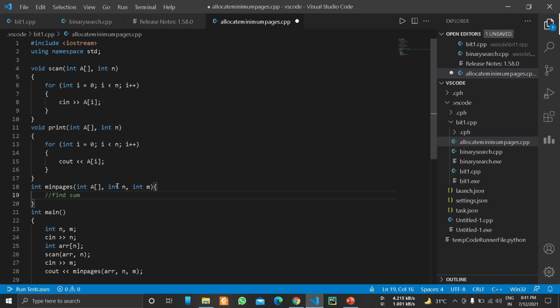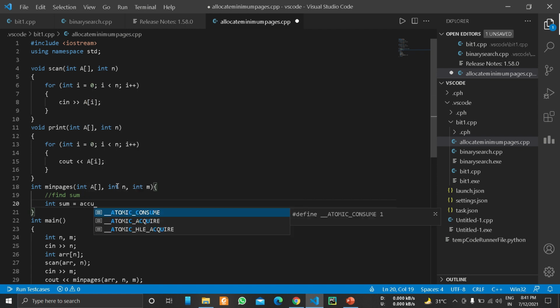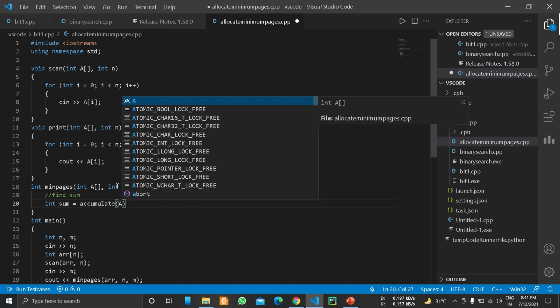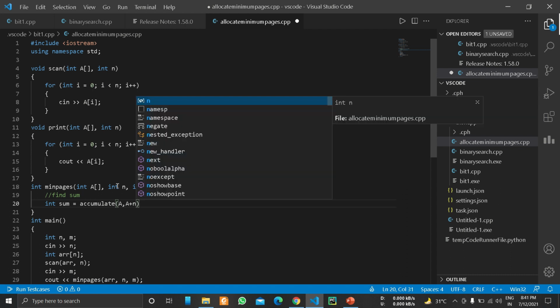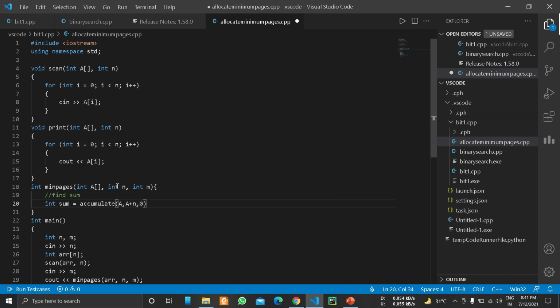So our sum will be int sum equals to accumulate arr plus n and 0, and we have to use the STL.